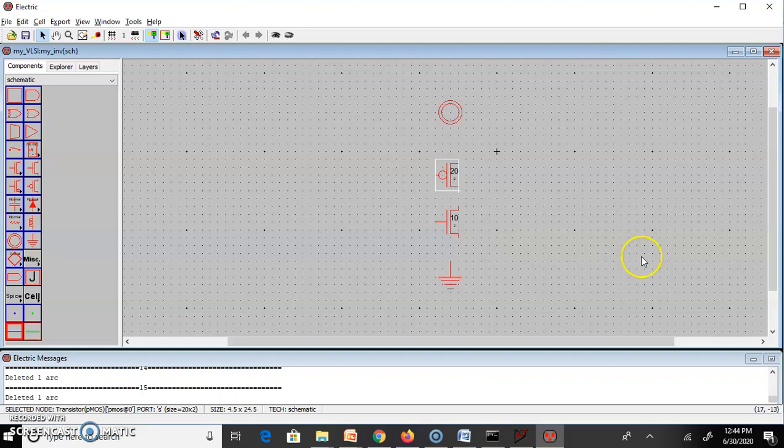For that, first we will connect gate of both the transistor. I'll take the cursor to the gate of the PMOS. Do left click. Take cursor on left hand side. Do right click. So this horizontal wire is connected. I'll take cursor down. I'll again do simply right click. So this vertical wire is created. My cursor position again I'll move towards right to the gate of my NMOS transistor and I'll do right click.